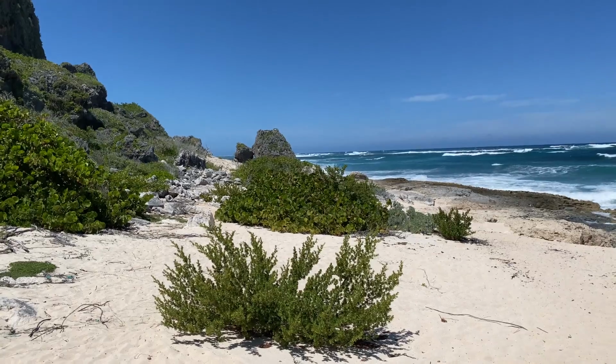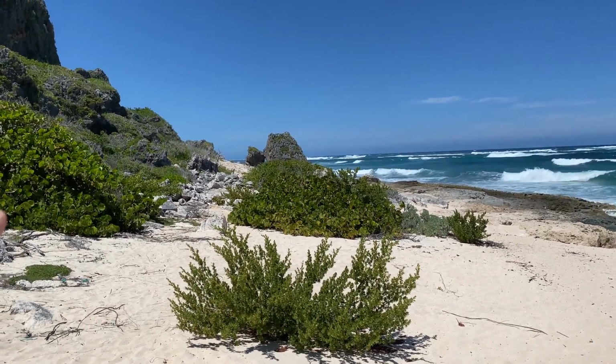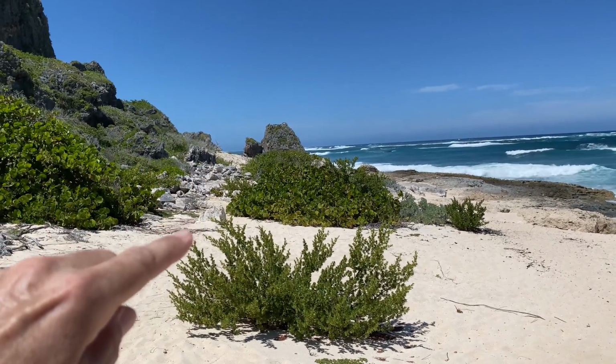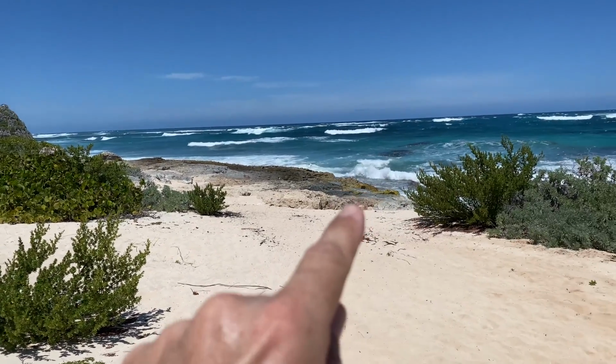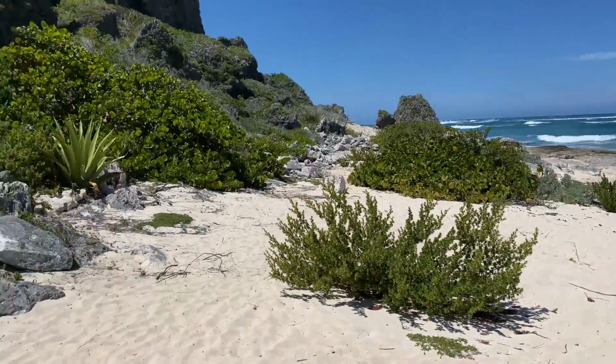And here's a video to show you what a trip through the cave looks like. So for the caves at 2 Foot Bay, you park at the end of the road, and you'll follow this path here by these 2 big rocks you'll see. Come down the beach a ways, and right where the rocks kind of end and the sand kind of starts, you look up at the cliff,